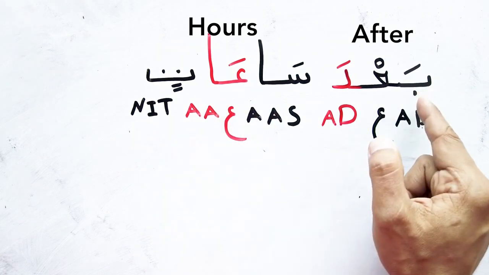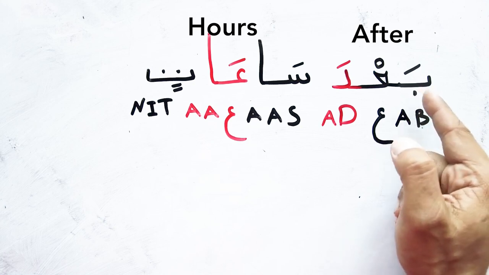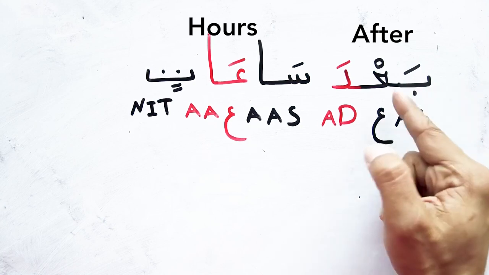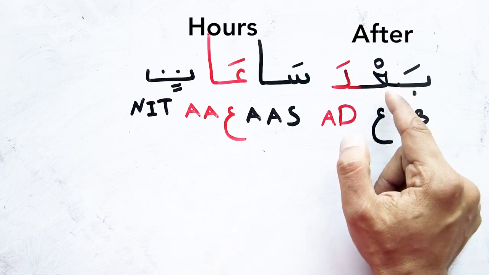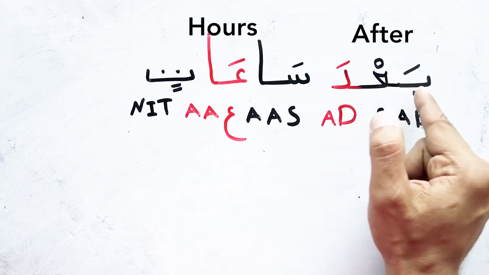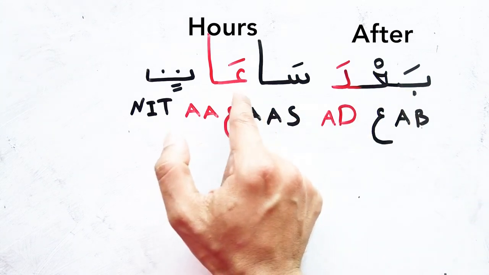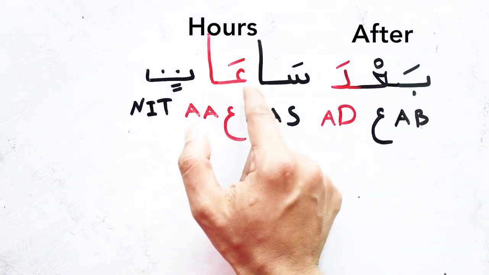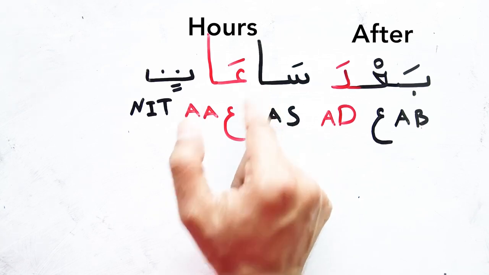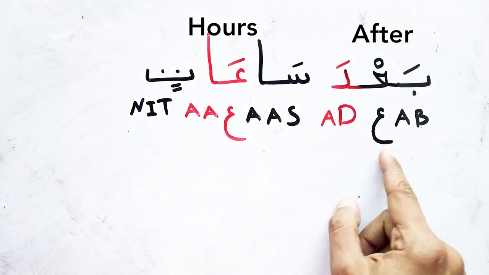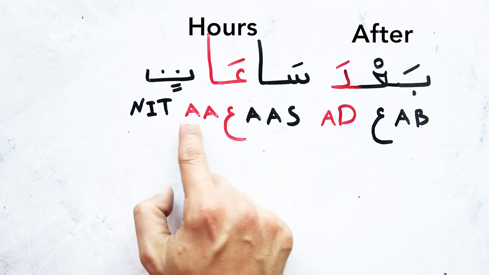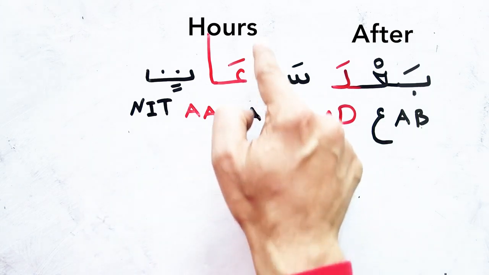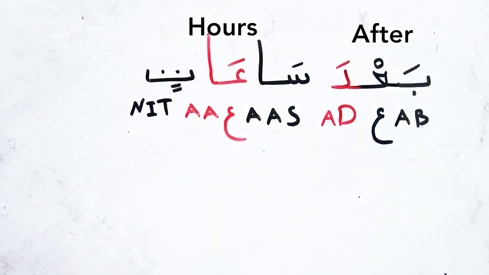However, here, ba, this letter is a regular letter. It gets connected from the right and the left. So that's why we got this shape. It gets like two arms to get connected from here and here. And here just it got one arm because it can't get connected to this one because it's a refusal letter. So بعد ساعات بعد ساعات